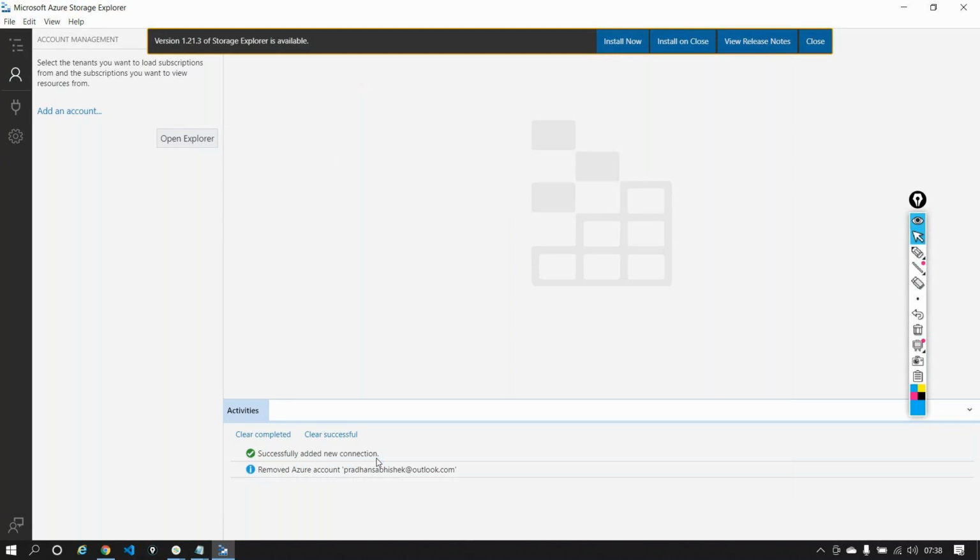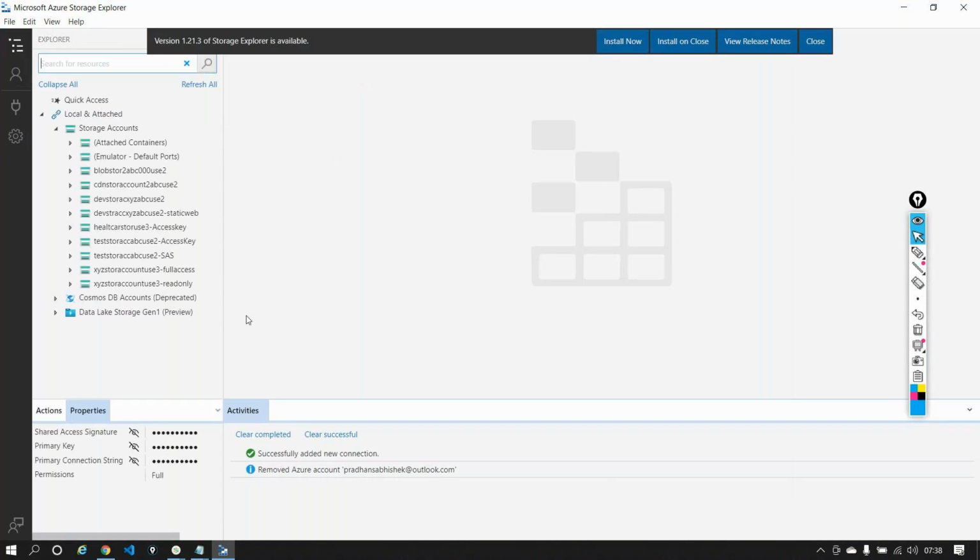Now, how do I look into the service? Do you see these dots out here at the top, the first option? I'll just click on this. And here I have multiple storage accounts. But this is what we have just added, right? This is the service we just added, which is healthcare hyphen access keys. So let's look into that.